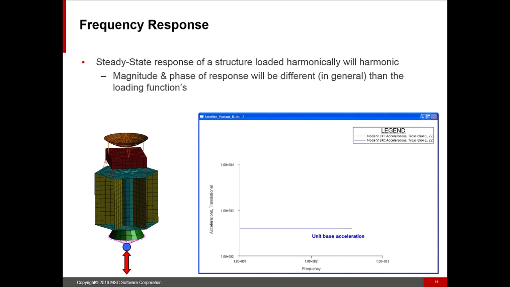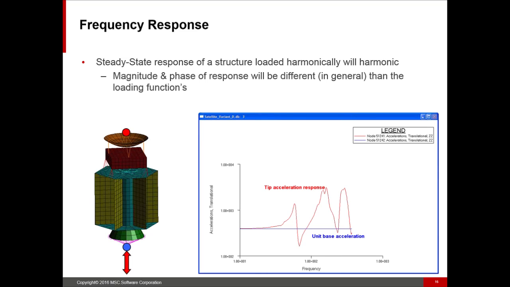So when we talk about doing a random analysis, again, there's two parts to it. There's frequency response, and then there's the post-processing step, which is doing the random analysis. So let's talk about frequency response here. We have our satellite. There's some sort of loading, usually a base-shaped loading that will apply at the bottom. When we do random analysis, what we're looking for is just a unit load, usually unit load acceleration, although this can be done with other loads as well. And then if we think about what happens at the very top of the satellite,